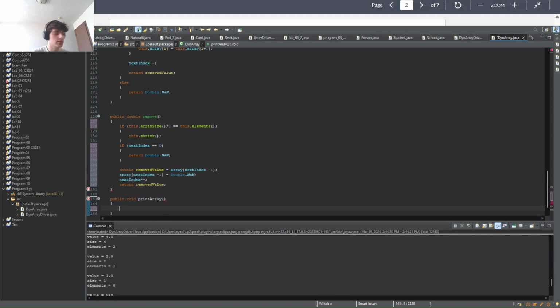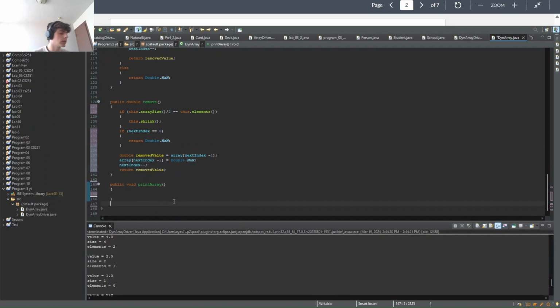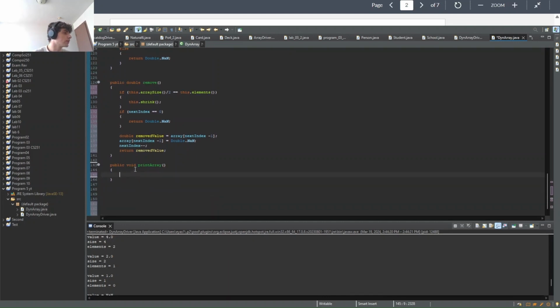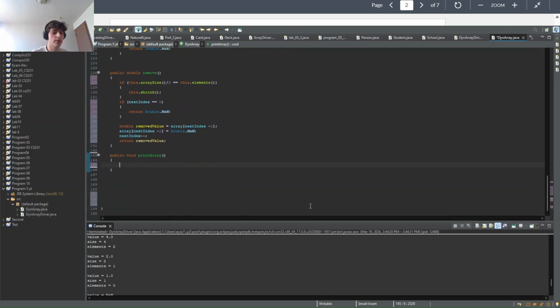Parentheses, braces here. Let's give some more room. All we're going to do is have a for loop going through all the elements in our array. Then i is less than next index. Then i plus plus. And then we're basically just going to